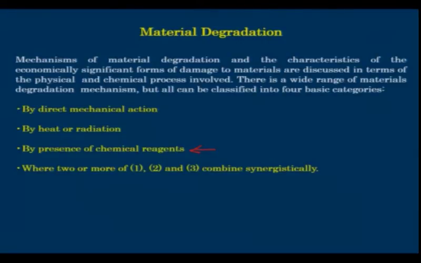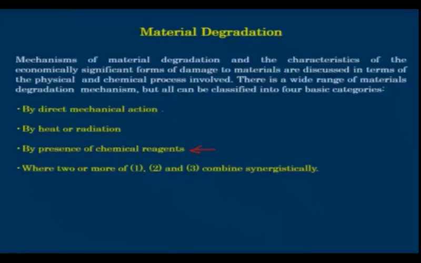For example, erosion corrosion. This is a classic example of a combination of all three. For example, in a heat exchanger, the hot air is being cooled by water. So, this water when it is flowing takes the heat. Now, when it flows, it could also lead to erosion on the pipeline, and at the same time this water also contains a little bit of chemicals which can lead to chemical attack on the surface in the form of chemical reaction or electrochemical reaction. So, there will be material loss.